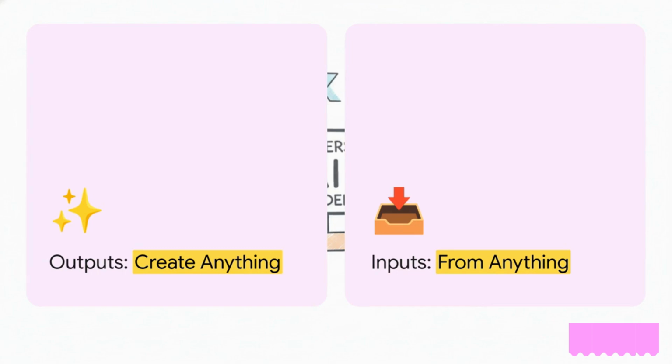Okay. Let's break that promise down mechanically for a second. We're looking at the absolute nature of the inputs and the outputs here. You've got create anything on the output side and from anything on the input side. Traditionally, our digital workflows are, well, they're super siloed. Text gives you text, or maybe text gives you an image, right? But the phrasing here implies this completely frictionless digital environment. Whether we're talking about voice, video, code, text, audio, the clear implication is that those old traditional boundaries between different data types are just dissolving. It really suggests this framework where infinite inputs smoothly transition into infinite outputs, totally skipping the usual roadblocks.